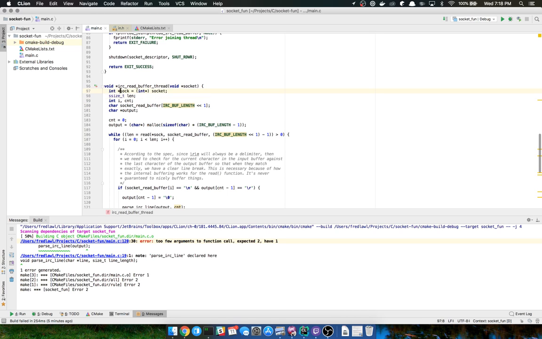Okay, so the crazy thing here is that pthreads with its function pointer requires you to have a void pointer being passed in. What that means is because it's whatever I need it to be, I need to cast it into what's actually being passed in, and in this case I'm passing in a pointer to an integer. So I got to create an int pointer, cast it from void pointer to int pointer, and then down here I got to dereference that.